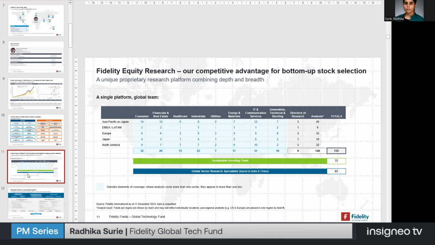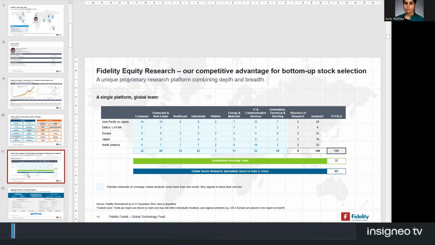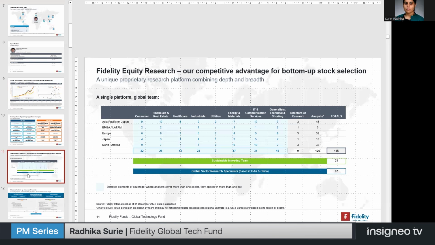The nature of the technology sector means that you need to have coverage across very global value chains because your suppliers, your distributors, and your regional developments can have an important implication, as can local technological development, because technology is a truly global universe. Challenges can come up from anywhere, and it's very important to be on top of developments taking place across the ecosystem, which is something that our analysts can provide.